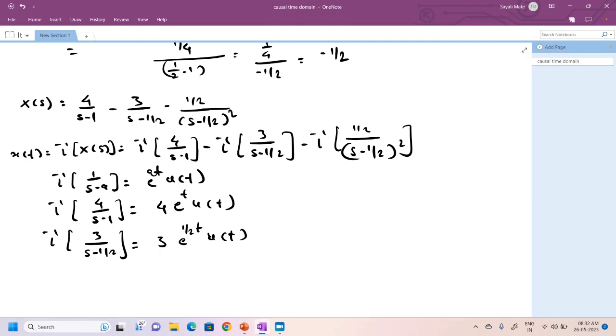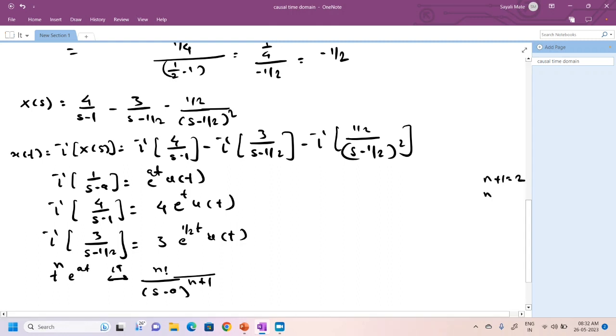So we have to go for the formula of t raised to n. So for the third term we are using t raised to n into e raised to at, whose Laplace transform is given by n factorial upon s minus a raised to n plus 1. Now you compare this with the third term, and in this you will find that the value of n plus 1 is equal to 2, and therefore the value of n will be, let us calculate. So here if you can see n plus 1 power equal to 2. So what is n? n is equal to 1, and therefore Laplace inverse of